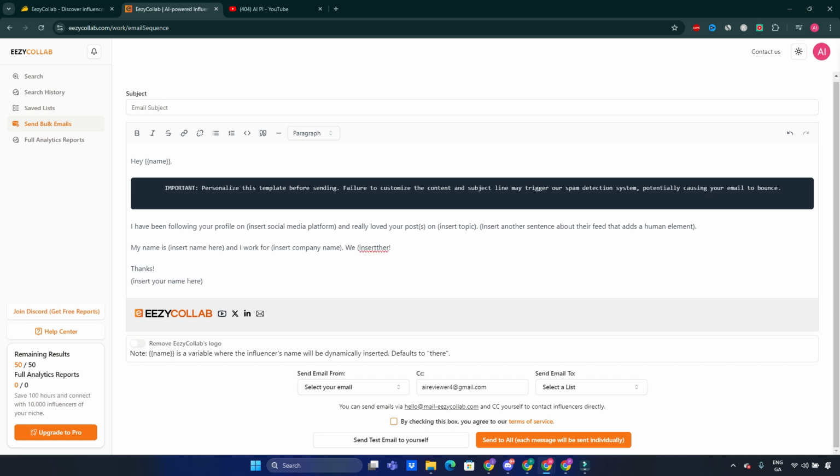You can add your own copy paste, and then your own templates, and all the information that is required here. You can definitely do that. And if you want to remove the note, you can remove that. However, it's this EezyCollab